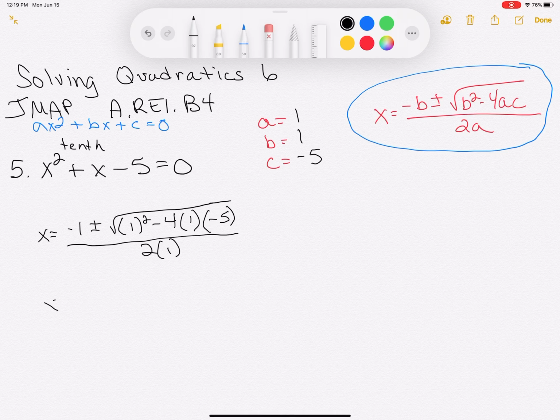Now, at this point, you can put each one of them into your calculator separately, knowing that your two solutions are built into that plus minus, but I'm going to go ahead and show that breakdown. And again, you could put this whole thing, which is called the discriminant, into your calculator by storing a in, storing b in, storing c in, and then typing b squared minus 4 times a times c into your calculator. If you do that, you will skip this next step,